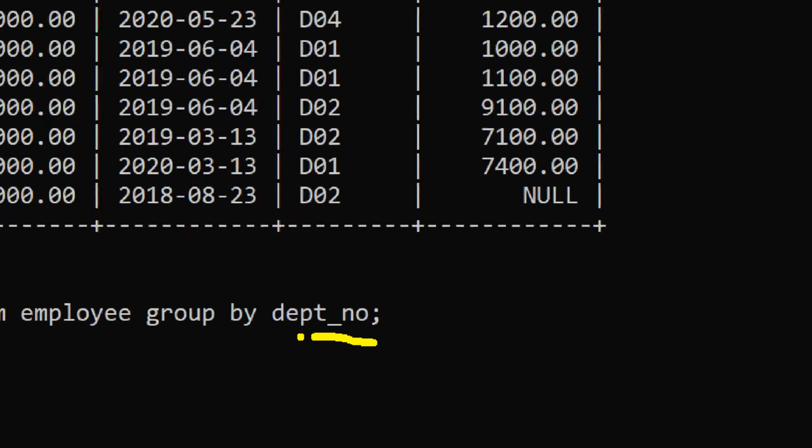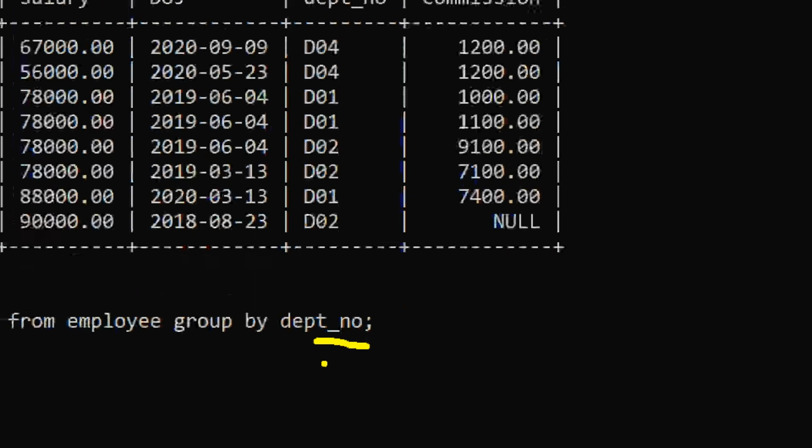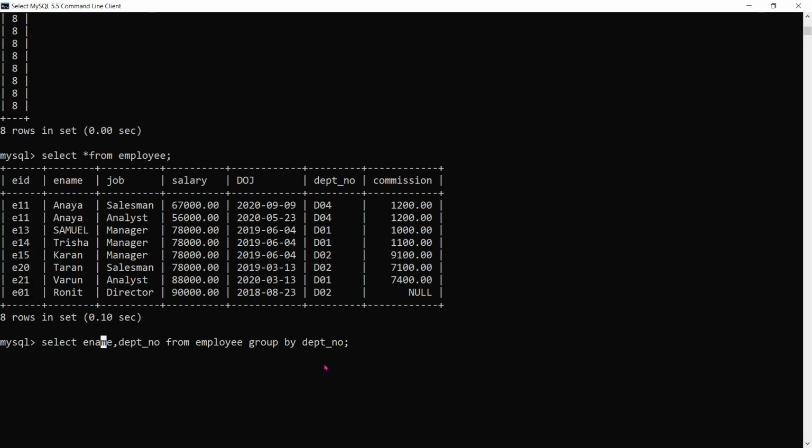So how can only one employee be taken for display? We'll avoid this type of writing, and it is not logical, because employee name cannot go with a group of departments. Though it is giving output, we'll ignore this because it is logically not correct.